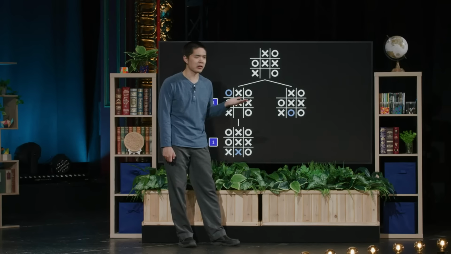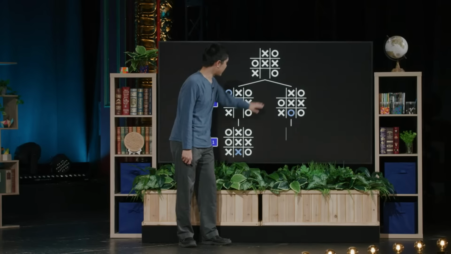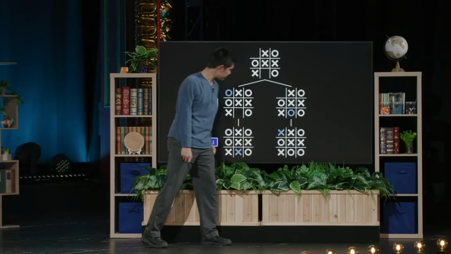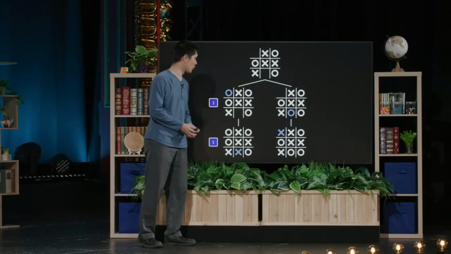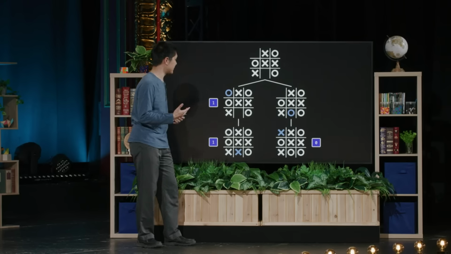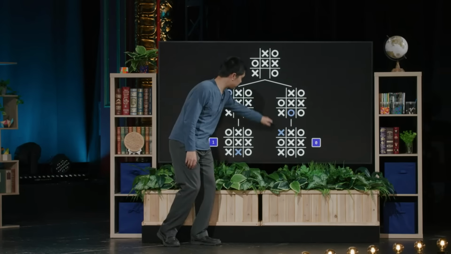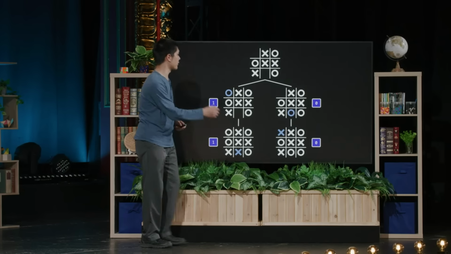X only has one possibility for what X can do next. So X is going to play in that upper left corner. And that's going to result in nobody winning the game. Nobody has 3 in a row. So that has a value of 0. It's a tie, which means the board that leads directly to it also has a value of 0.